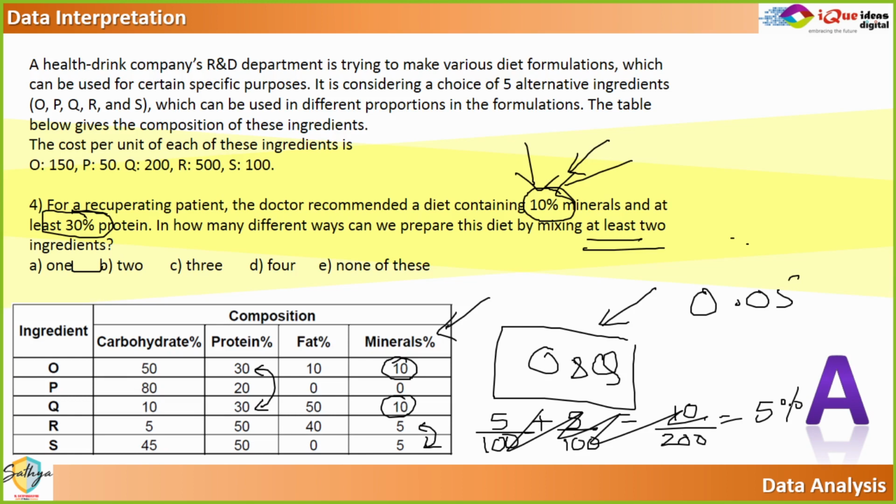श्रुत, क्वेश्चन में कॉम्बिनेशन कहा है, सो O एंड Q के अलावा कैसे मिक्स कर सकते हो? Other than O and Q, how are you going to mix it? श्रुत, O एंड Q को छोड़ के what other thing is available? OQ is one combination, right? Other than OQ, is there any other way we can mix?